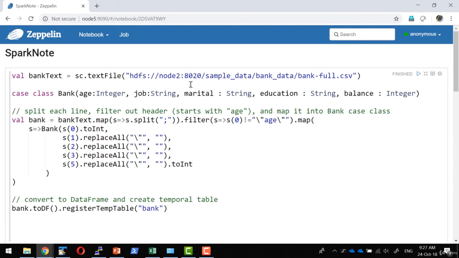for collaboration purpose. And in this particular course, we will be seeing how to use the existing interpreter within the Zeppelin, as well as how to do the installation of Zeppelin, how to customize the interpreter, and how to collaborate, and what are the different types of visualization we can do within Zeppelin.